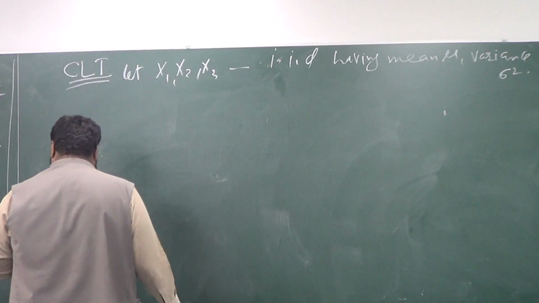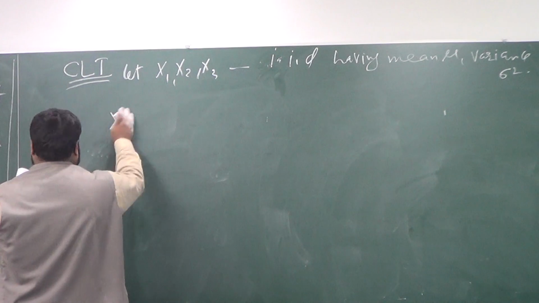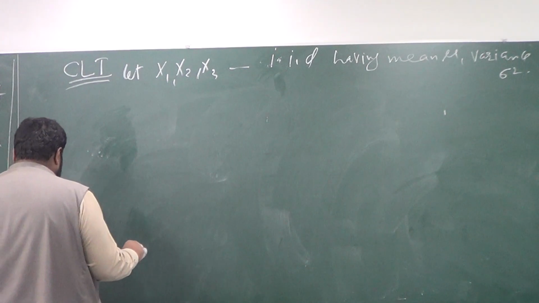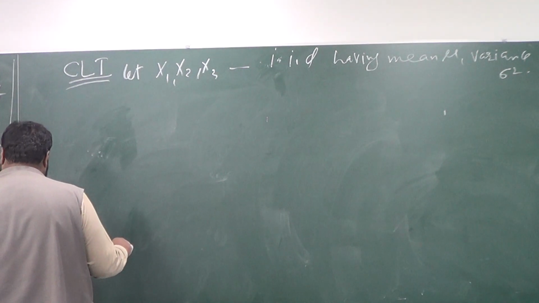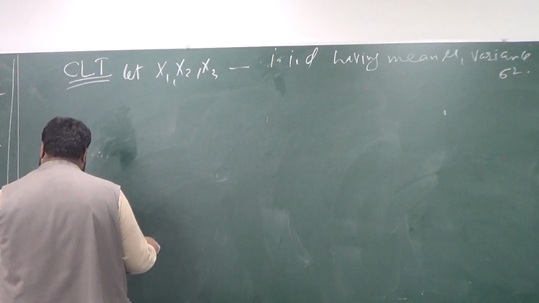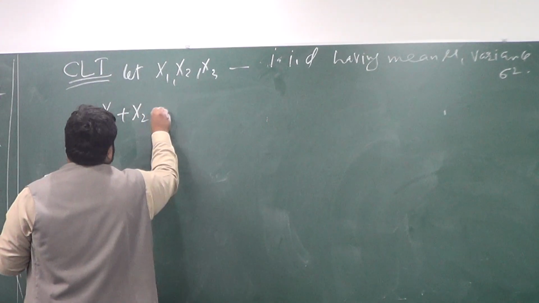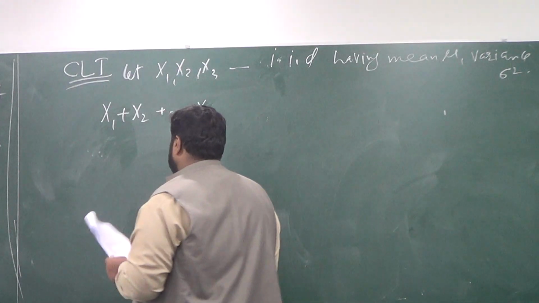Then this guy, x1 plus x2 and so on up to xn, in other words,